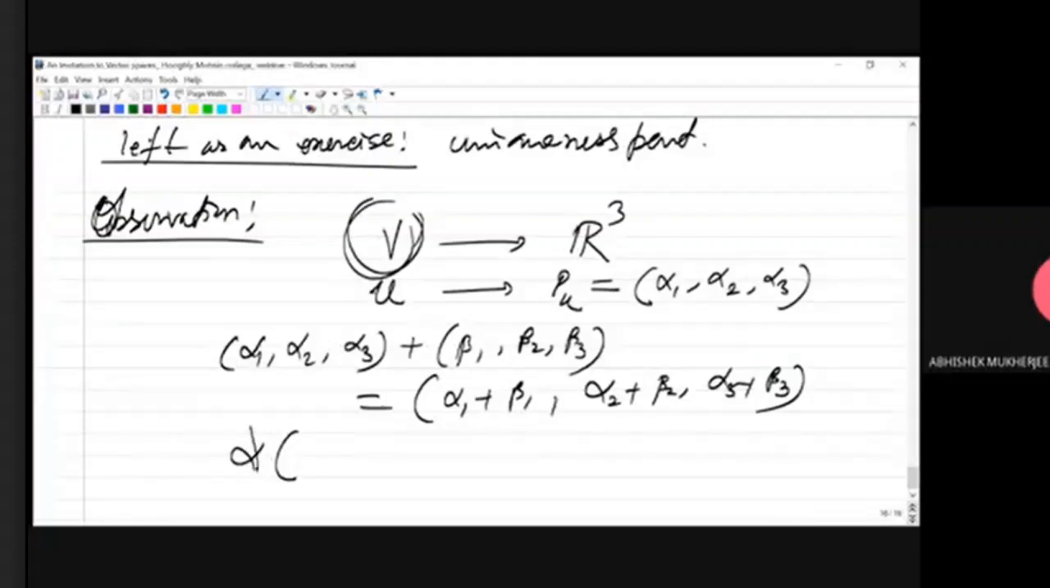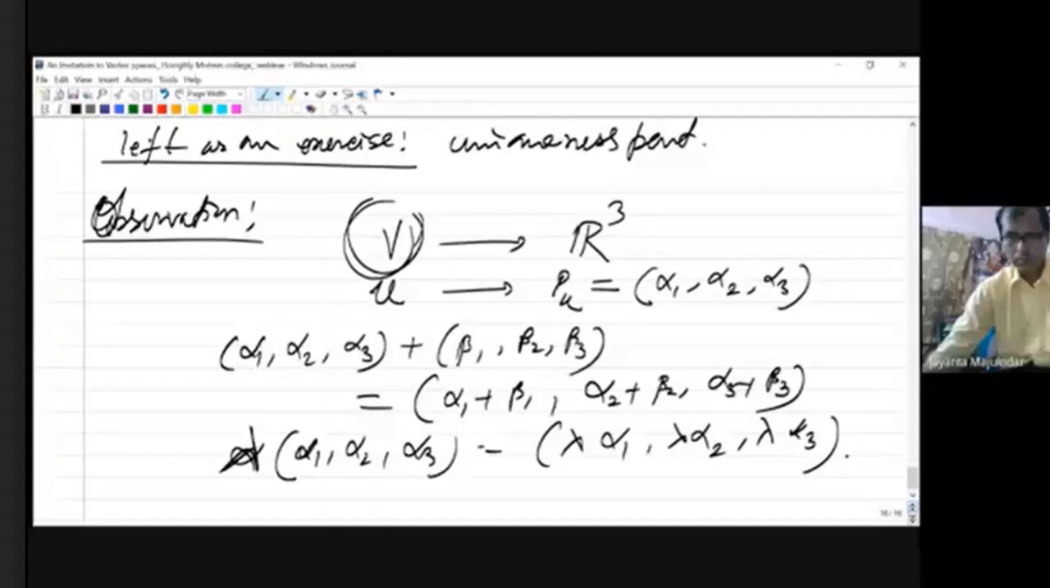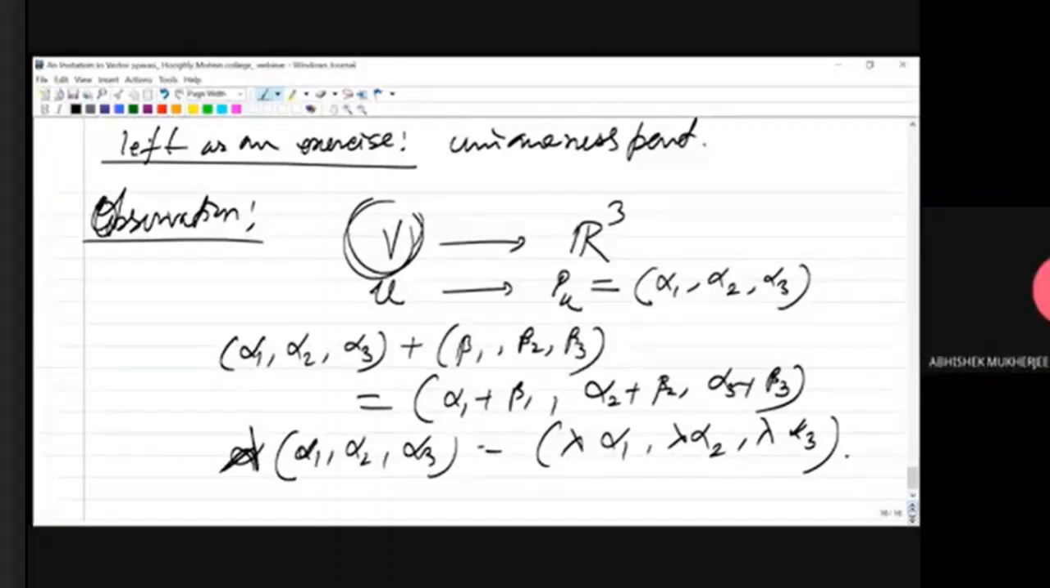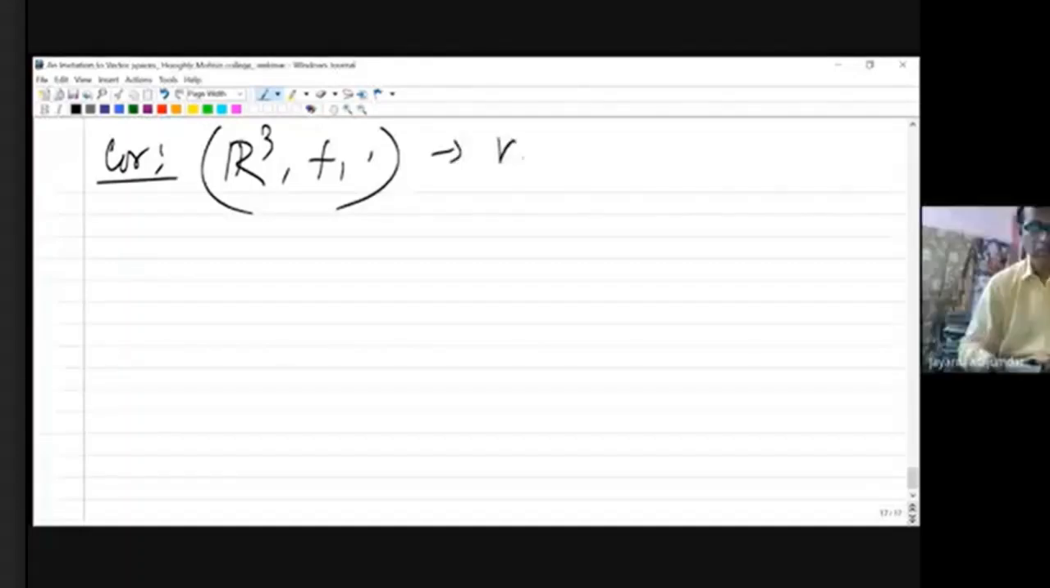Okay. And similarly for the scalar multiplication. So suppose you have a lambda and you have one point like this. So this can be defined like the way we have defined addition to this. So R3 is equipped with these two operations. And since V has already satisfied all the axioms of a vector space, similarly, R3 with respect to these operations will satisfy all those vector space axioms, right? So you have this corollary that R3 with respect to this addition and scalar multiplication is actually a vector space